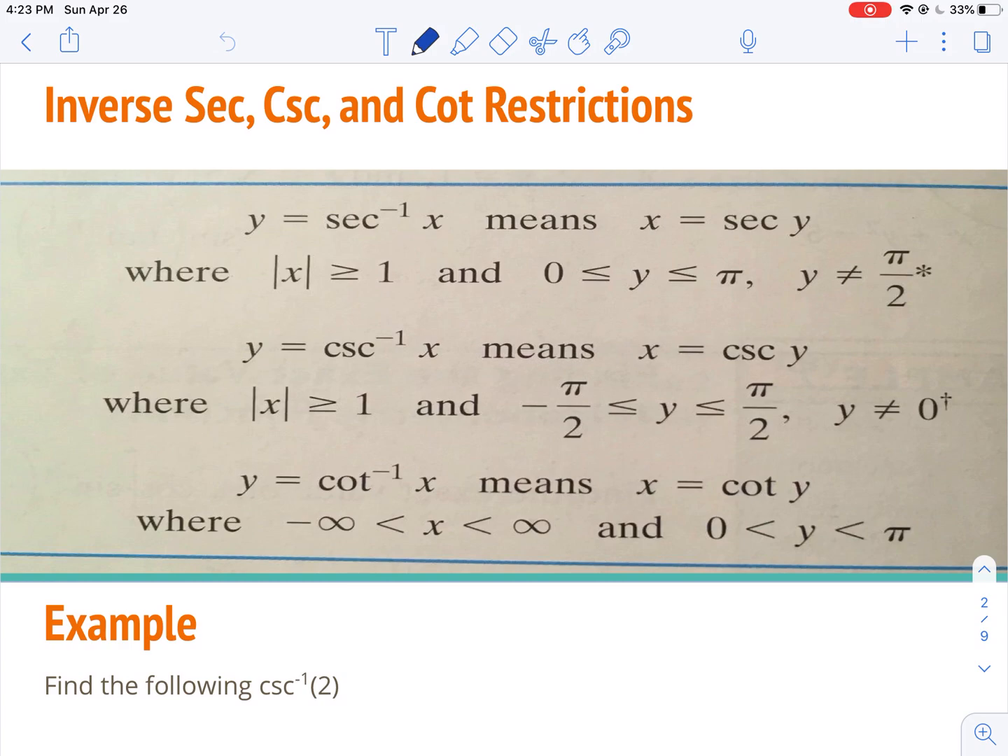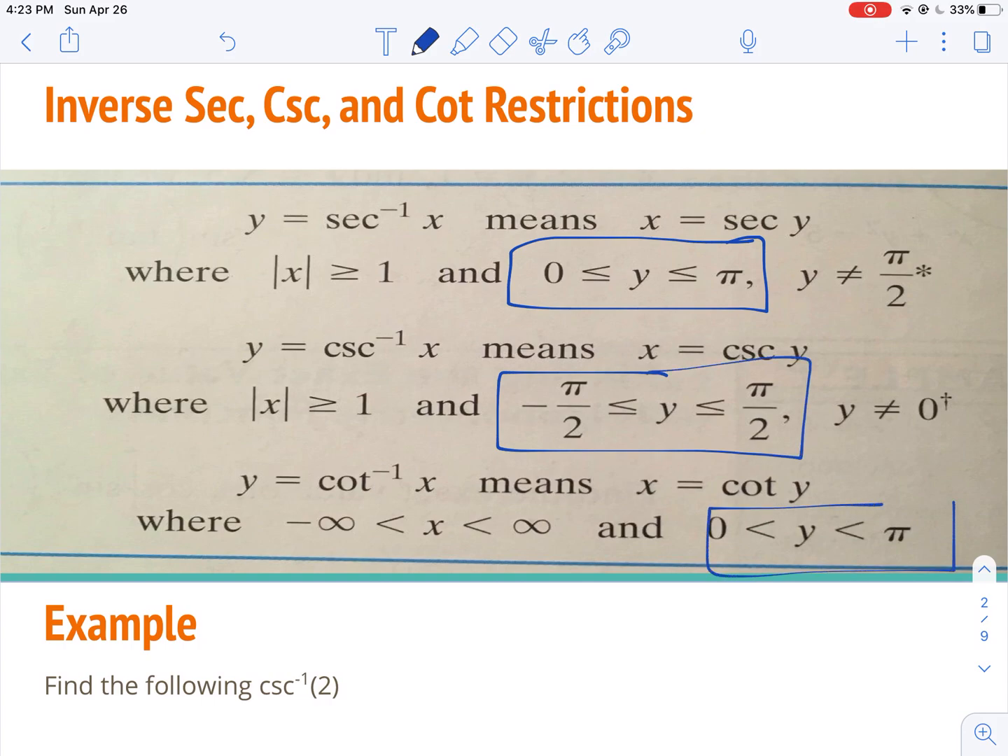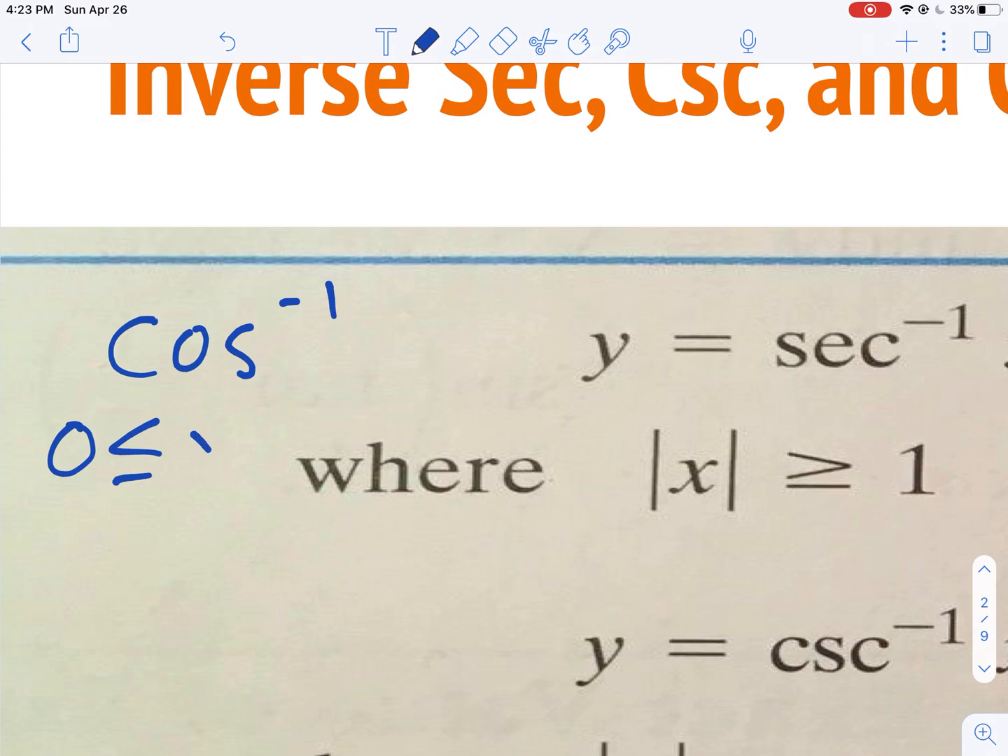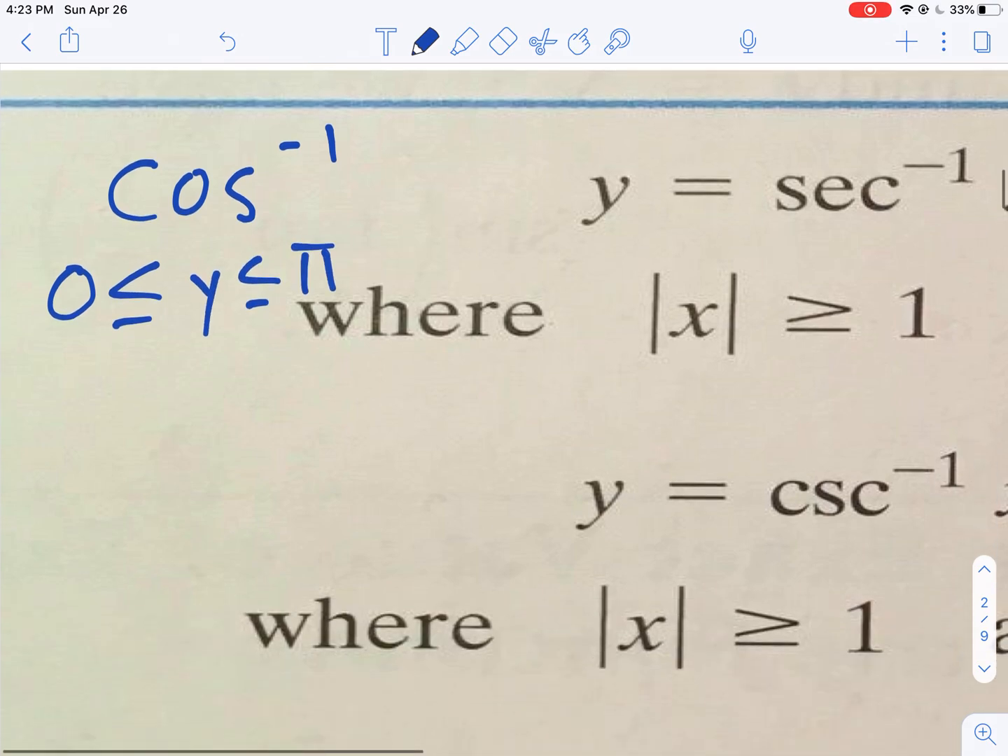And we can see what we really need to pay attention to for our inverse functions is when we are looking at where we're applying them, we are talking about between 0 and pi for secant. We are talking about between negative pi over 2 and pi over 2 for cosecant, and between 0 and pi for cotangent. As a reminder, secant goes along with cosine, and when we think about our cosine inverse, that is between 0 and pi. Cosecant goes with sine, and our sine inverse goes from negative pi over 2